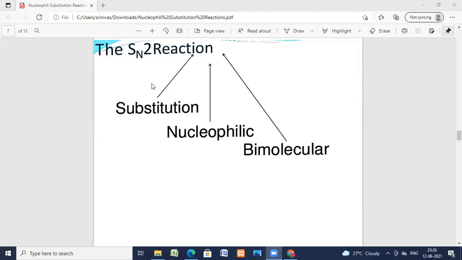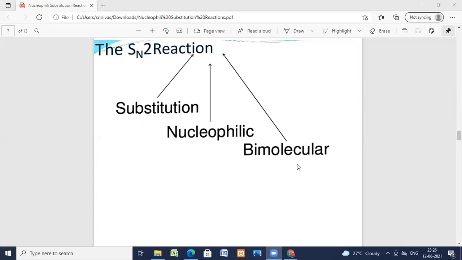SN2: substitution nucleophilic bimolecular reactions. In SN2, the rate determining, slowest step of the reaction. In the slowest step, the rate determining step,